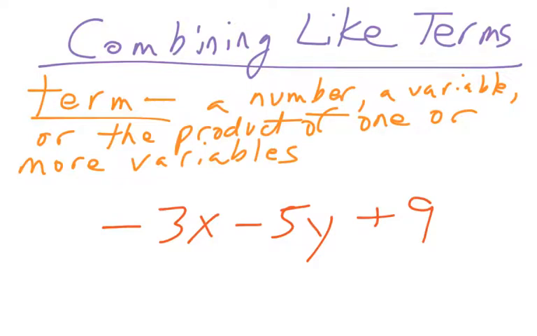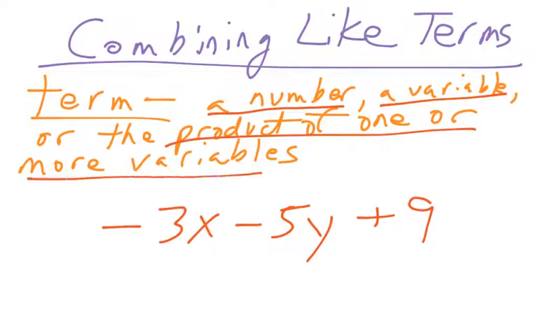Hello everybody. Today we're going to talk about combining like terms. So before we actually get into combining like terms, I want to review the definition of a term. A term is a number, a variable, or the product of one or more variables. So again, it's a number, any number, a variable, any variable you could think of, or the product of one